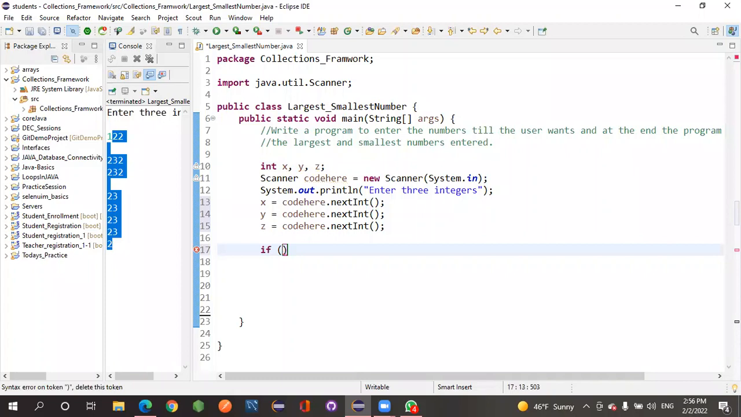So just pay close attention to what I'm doing. I'm going to say if. That's a statement, right? It's a condition. We're just putting conditions here. If x, this variable that we have created, is greater than y, and then the logical operator and, again, x is greater than z. You see that? If x is greater than y and x is greater than z,